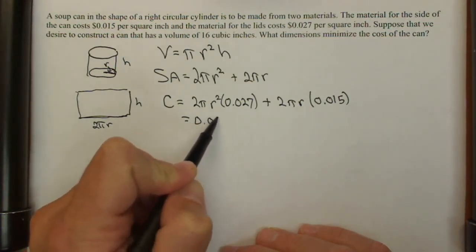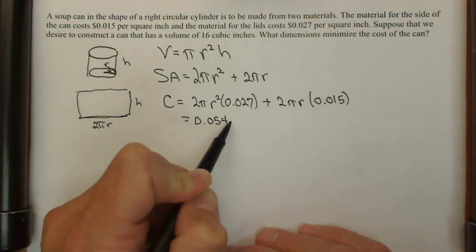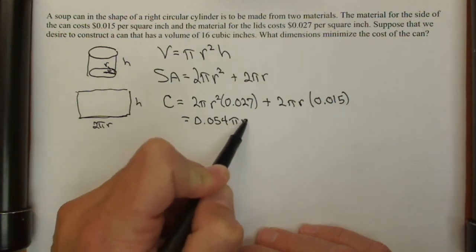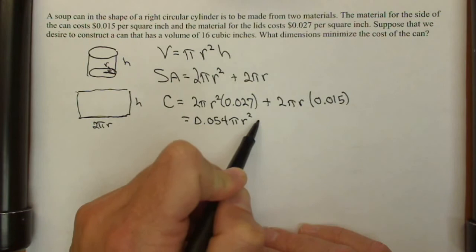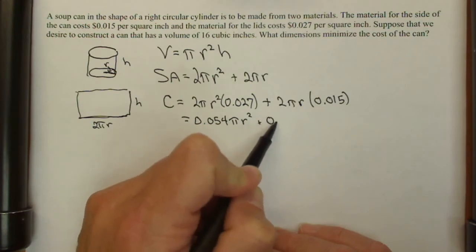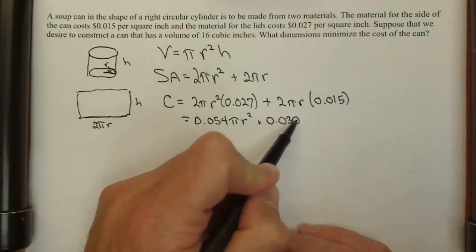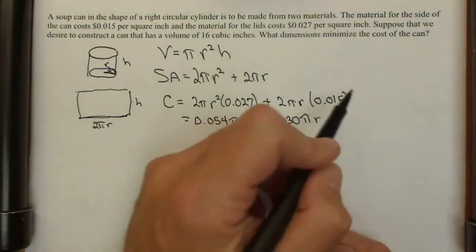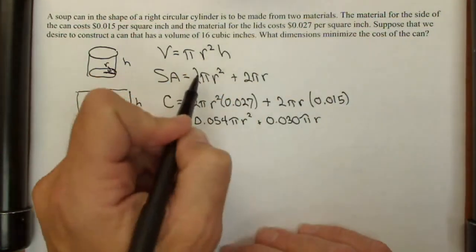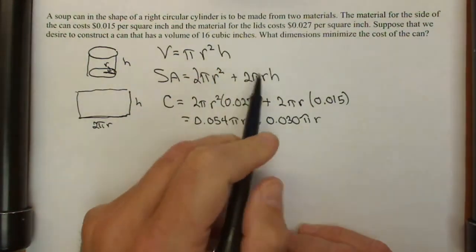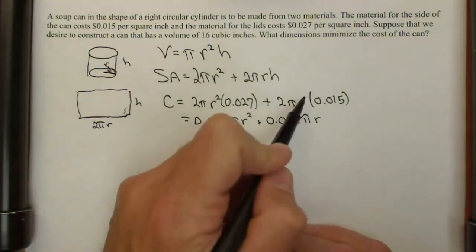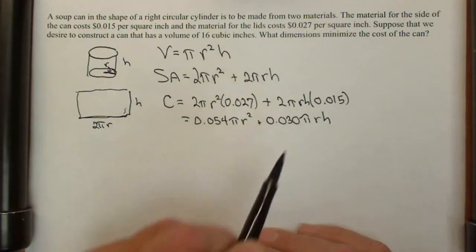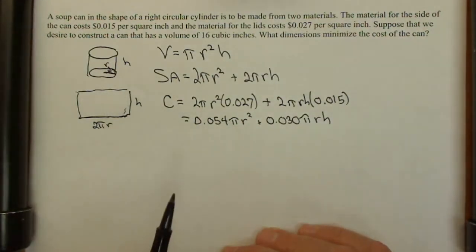So 0.054 pi r squared plus 0.030 pi r. And I am missing an h in here. Sorry, this 2 pi r h is from here. So let me get the h's in there. My apologies, there should have been an h there. Okay, now,